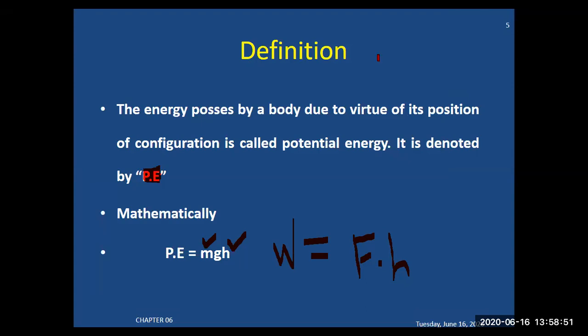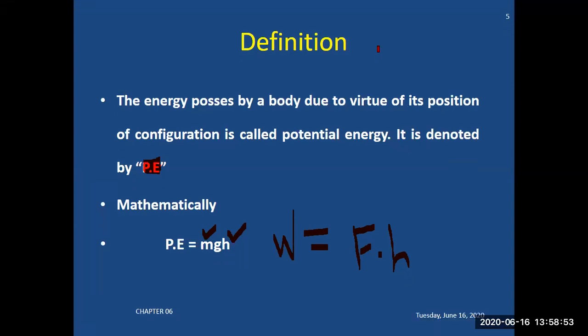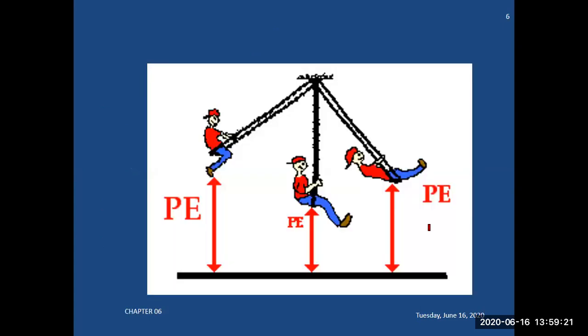Suppose you have stored water in a dam, you have increased the height of the water, and you allow the water to fall. At that time the amount of energy stored due to the height is potential energy, and when you provide the passage for the flow and it starts flowing, at the same time that potential energy is converted into kinetic energy. So this is the concept of conversion of one form of energy into another form of energy, where we get benefits, we do some useful work. So this is one of the examples.